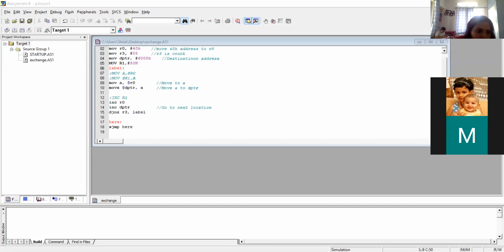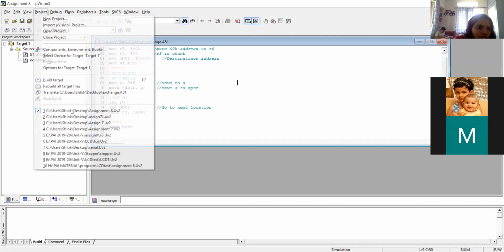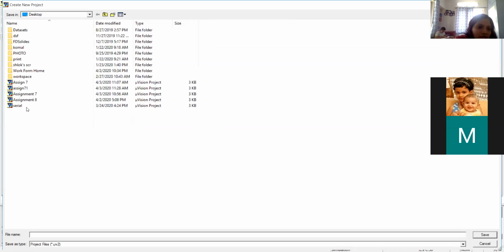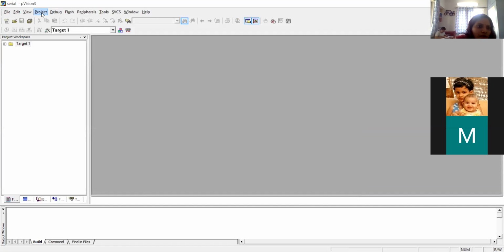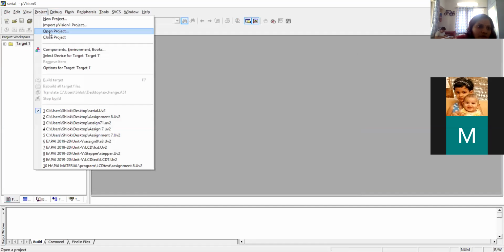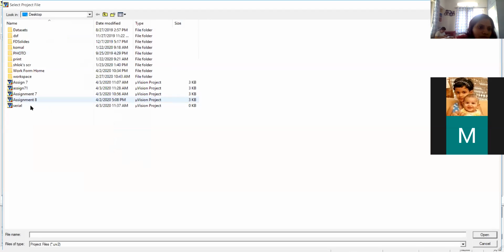Now, to start serial port programming, instead of going into detail with the theory, I will directly start with the baud rate. 9600 is the baud rate required in our program. I will start with the Keil simulation basically, because that is the most important thing. So here I'm opening a new project, and that project is serial. It already exists, so fine, I say cancel. I want to open a project now, so instead of new project, I say open serial.